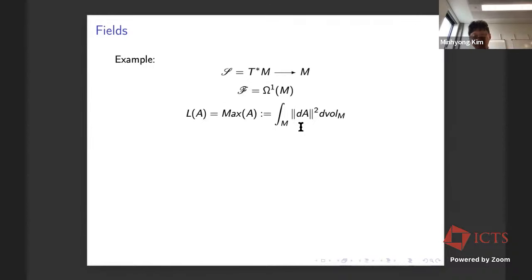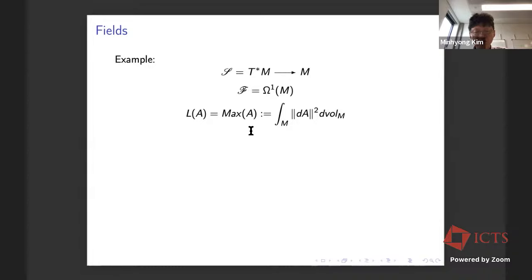So you have to make some assumptions for this to converge. Of course, you could take compact support sections, for example, or you could assume that the manifold itself is compact. There are a number of ways to make this precise, or you could put some boundary conditions and only integrate over a region. But anyways, roughly speaking, it's this kind of integral that's the typical action that physicists consider.